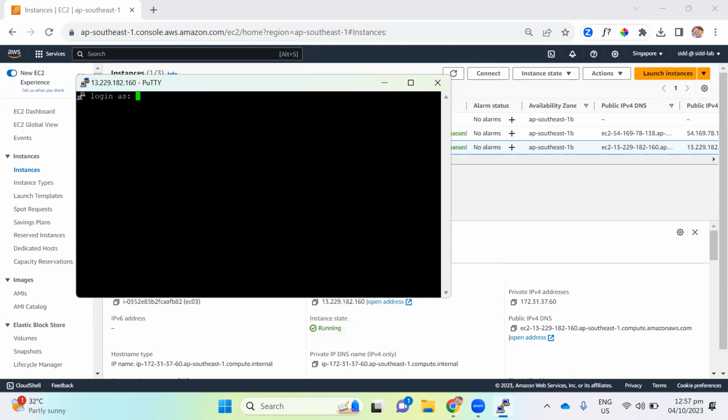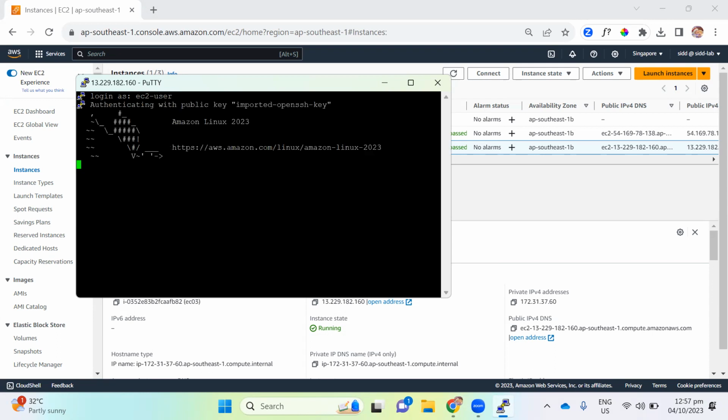Accept. What's the default user? This is again an interview question. Keep in mind, you will learn when you do it, so try to do it hands-on. And we are in, because we have put our private key and public key pair correctly. That's why we are able to connect through PuTTY. And what I can do is the same curl